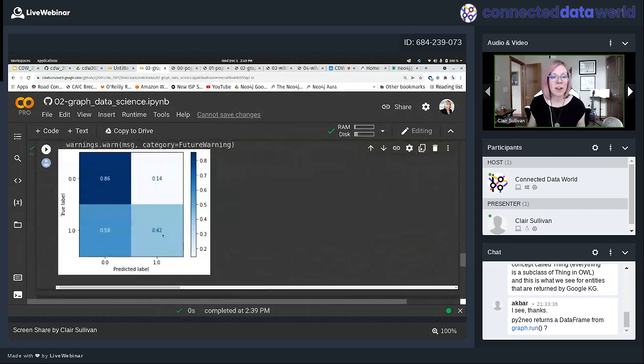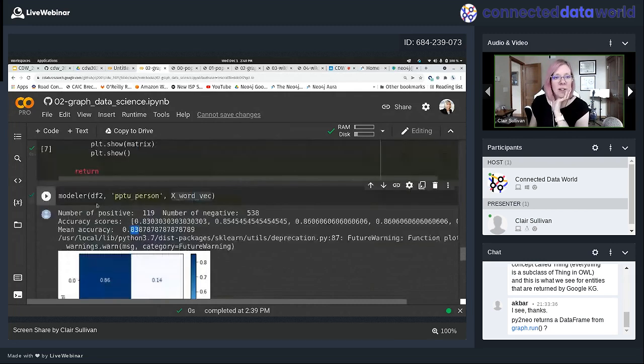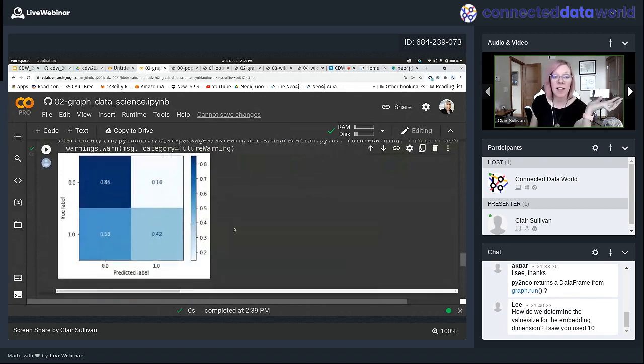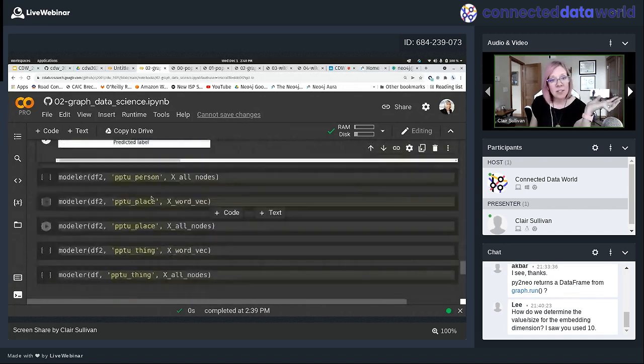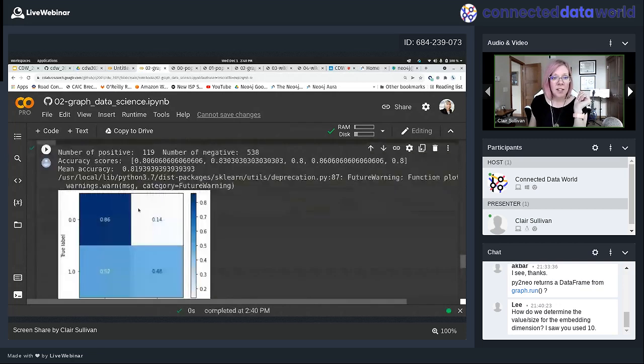You can see though that there are things that I do better on. What is 0? 0 is a non-person and 1 is a person. So I do better at getting accurate on my non-people than my people, not surprising due to the class imbalance. Okay, but let's do that same thing now using my node vectors. So now we're going to use our graph vectors here to do the same thing. Okay, and here we go.